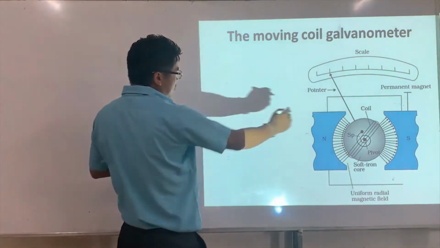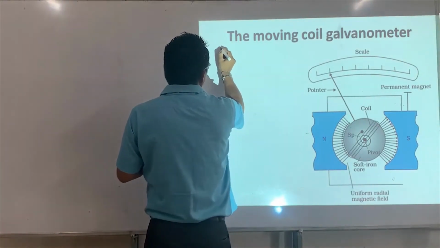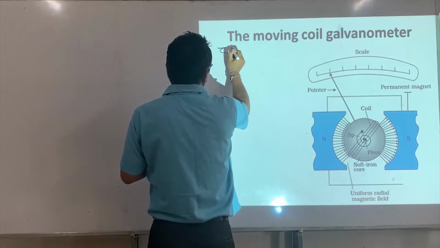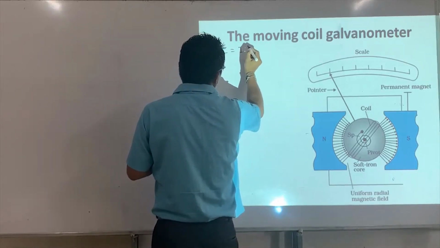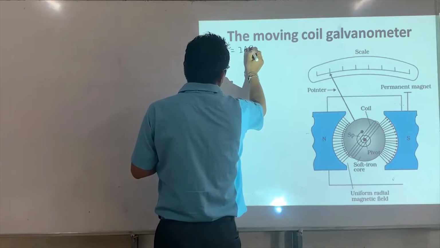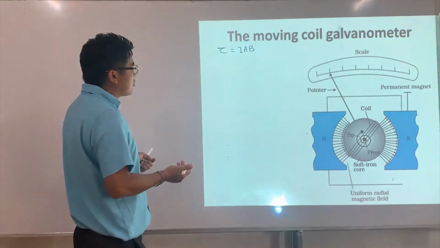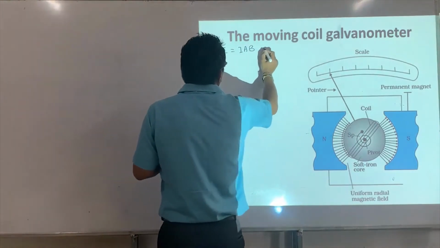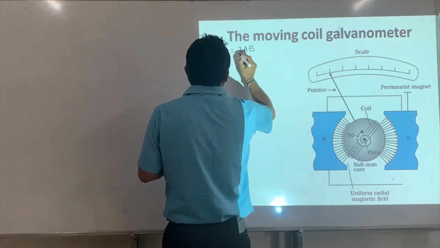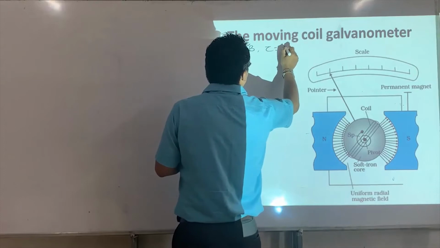Therefore, the torque is always going to be IAB. Or if I have N number of turns, this is NIAB,